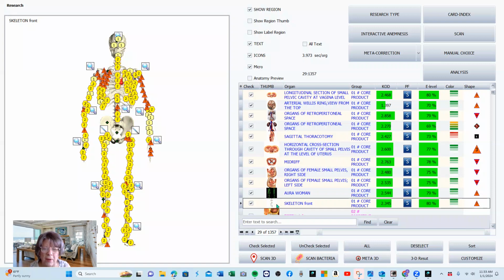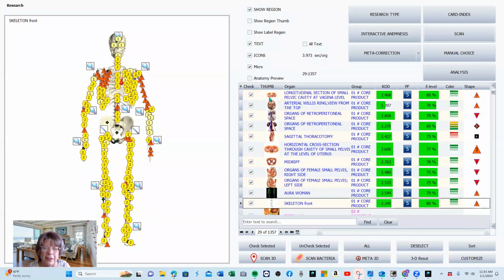Today we're going to talk about what you do when you get a new client, the first time you meet them and you're trying to determine what's going on with them. Sometimes people are a little skeptical about these energy devices, biofeedback, and they don't want to even tell you what's wrong with them. They want to test you out and test your device out to see if it can figure it out. So because of that, a lot of times I have to start with an overall scan of